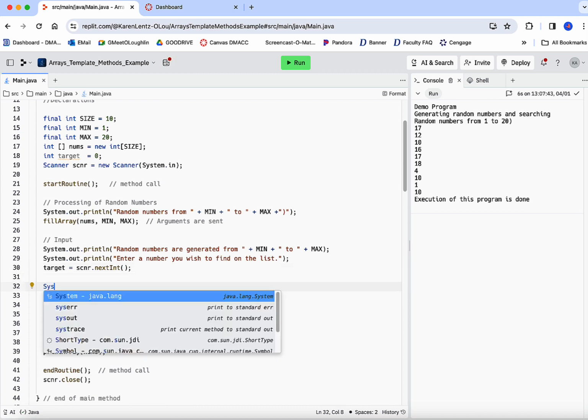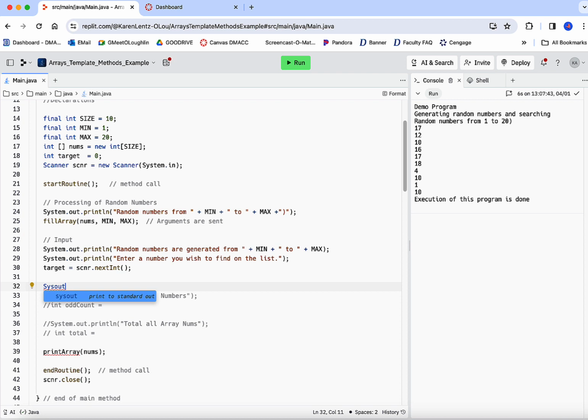I can do an output, and there is a shortcut for System.out.println. If you type sysout and then hit enter, then you can do whatever you want here. Our target value, just for now, this is what's called an echo check, by the way. I'm just echoing my input at this point in time when I'm writing this code,